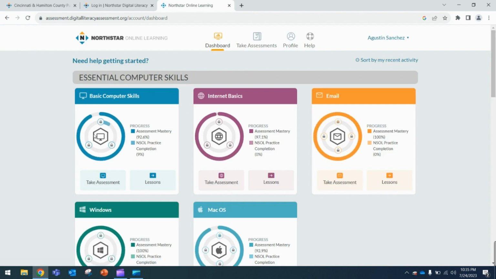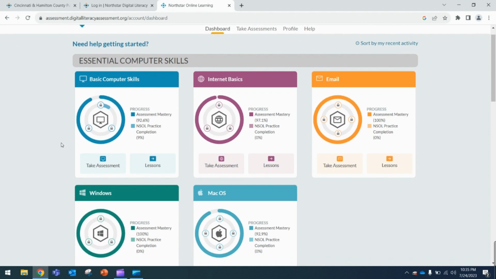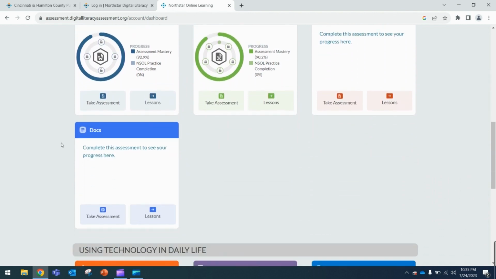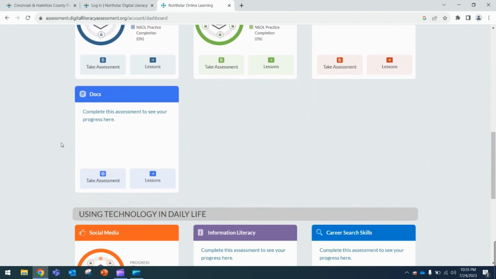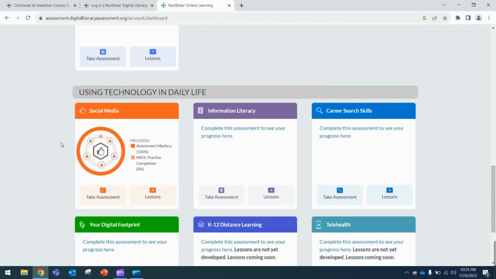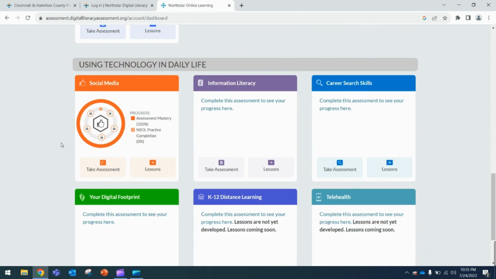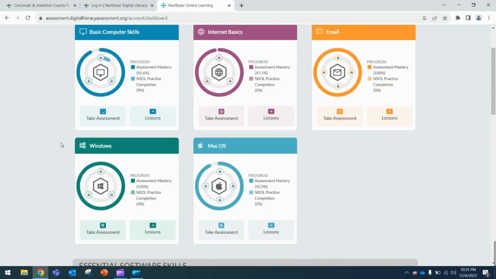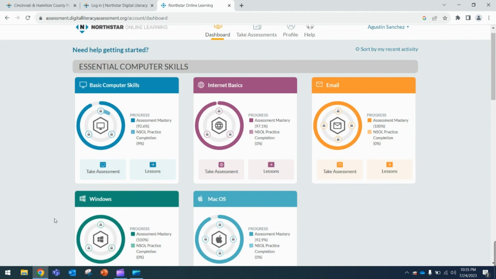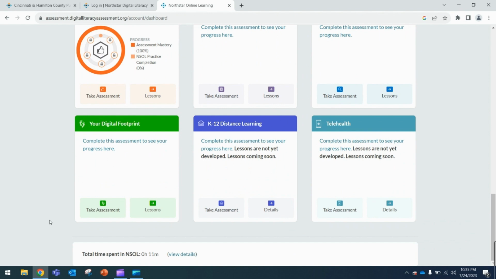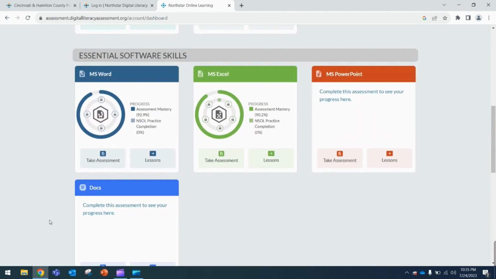Okay. Now, it's going to take you to your dashboard. The dashboard is basically where you can see the assessments you have taken. And you can see here that I have a list of assessments that I have taken already. I've taken a couple of assessments from each of the 3 categories. And if we take a look at one of them, let's take a look at Microsoft Excel. So if we click on this one,